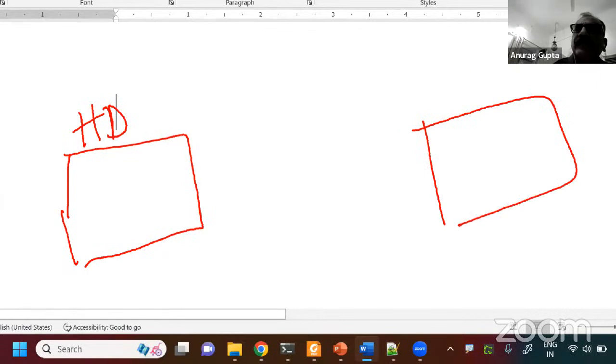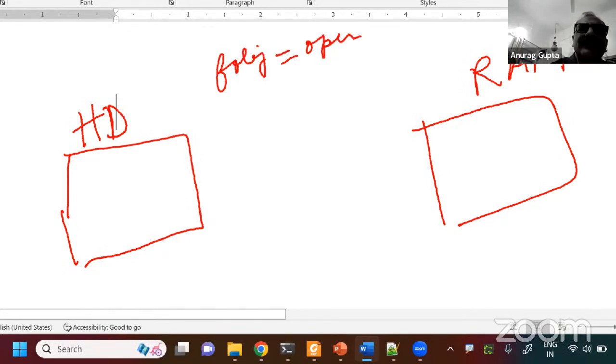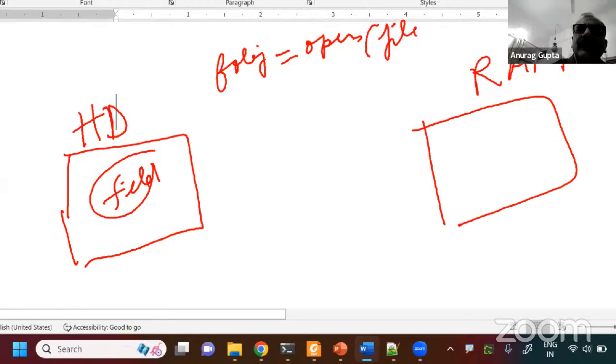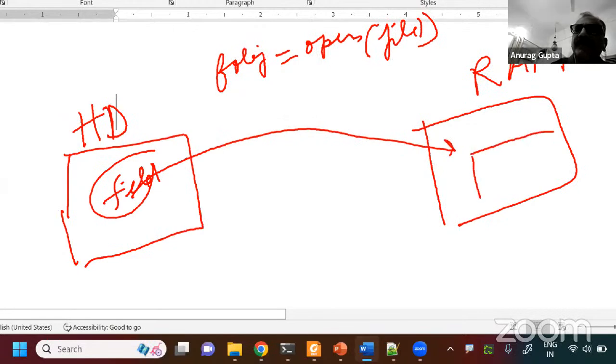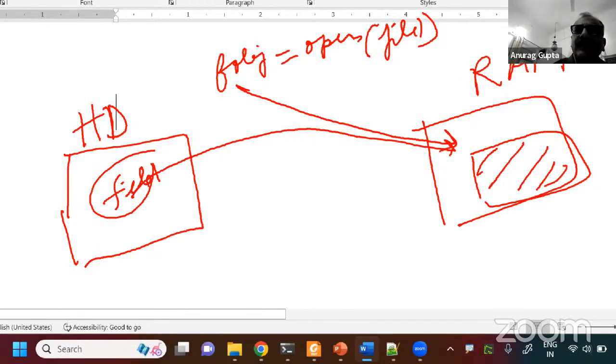You use f object is equal to open, and there's a file existing over here, let's call it file 1. When I do open file 1, the data of this file will come into the RAM, and this data will be pointed to by this f object, right?